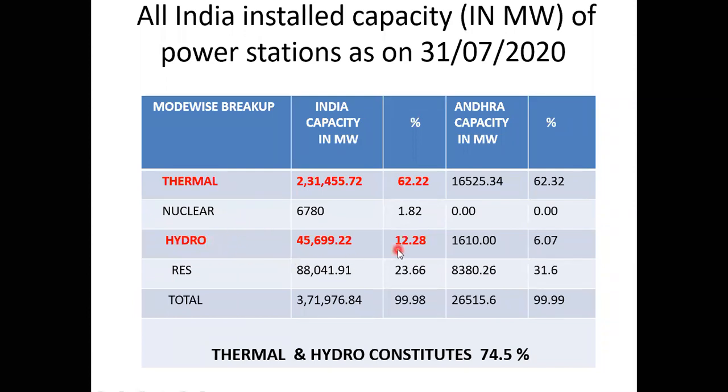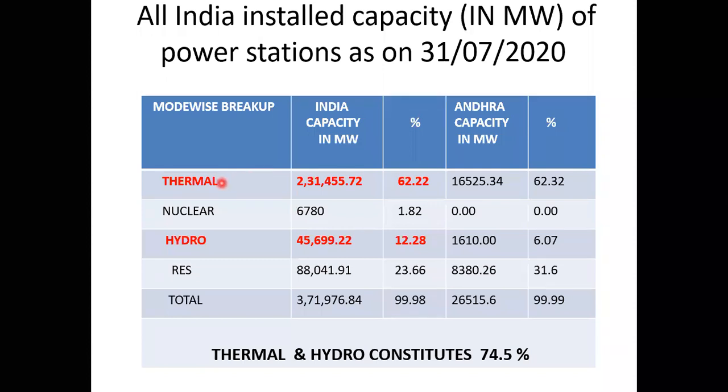But the most important point from this table is why we are not considering RES: RES is not a single source. It is nothing but a group of sources. When we are taking a group of sources, then automatically the constraints also vary more and more practically. When we are taking more and more constraints, then for solving this type of problem, the complexity also increases. So that's why instead of taking RES, it is better to take the hydropower plant along with the thermal power plant.